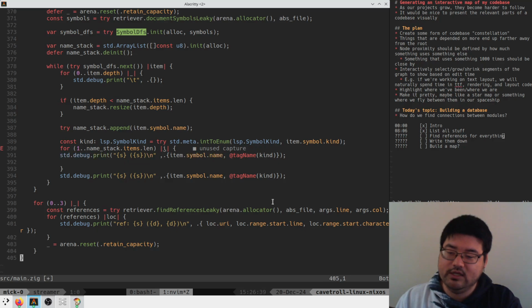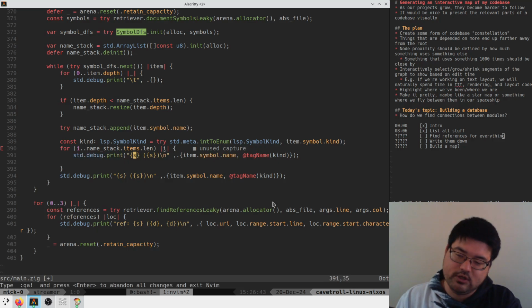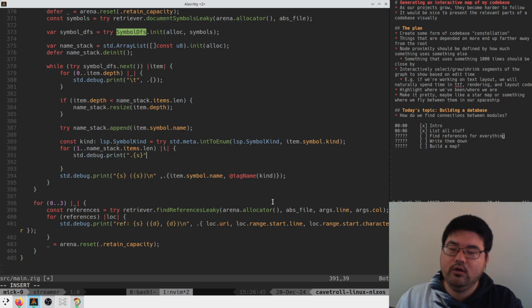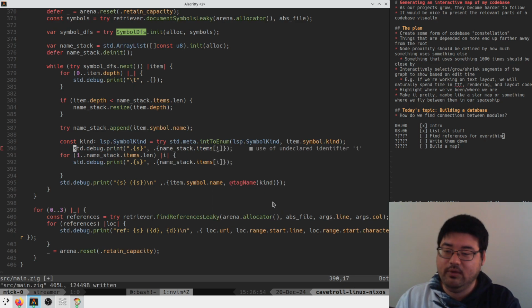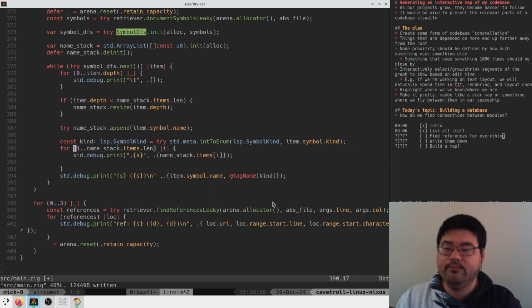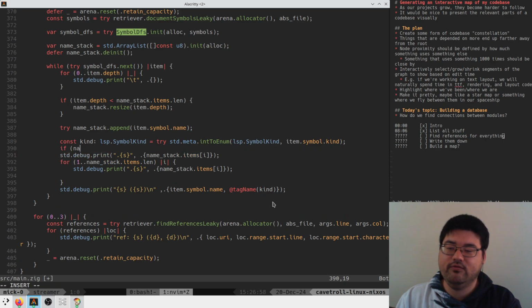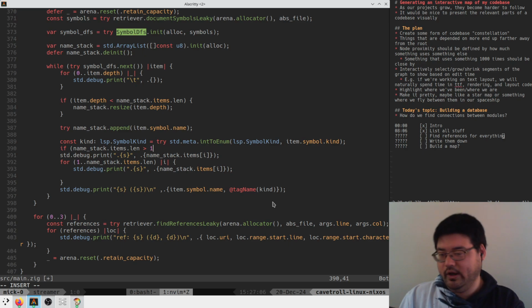On each of the 1 to n elements, we prefix with a dot. Name stack items I, like this. And on the first element, if name stack items len is greater than 1,